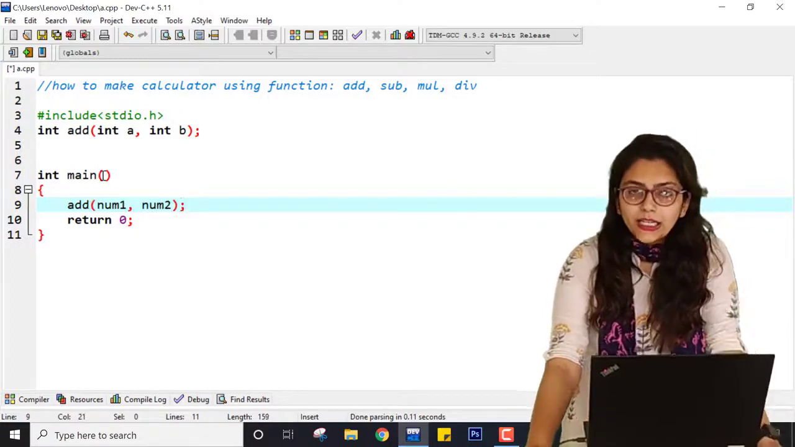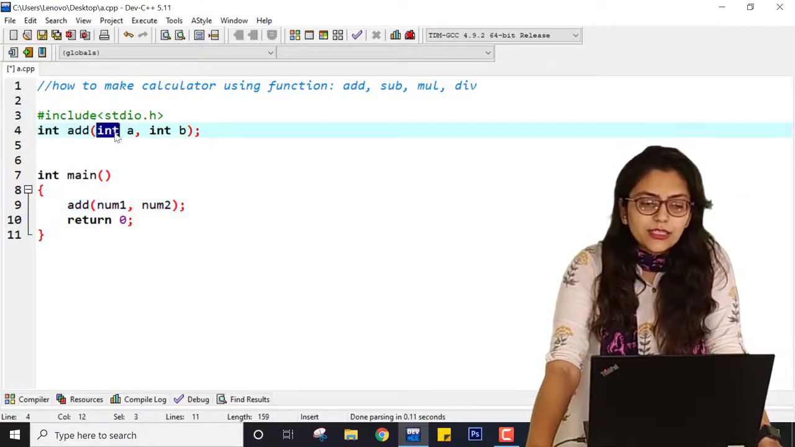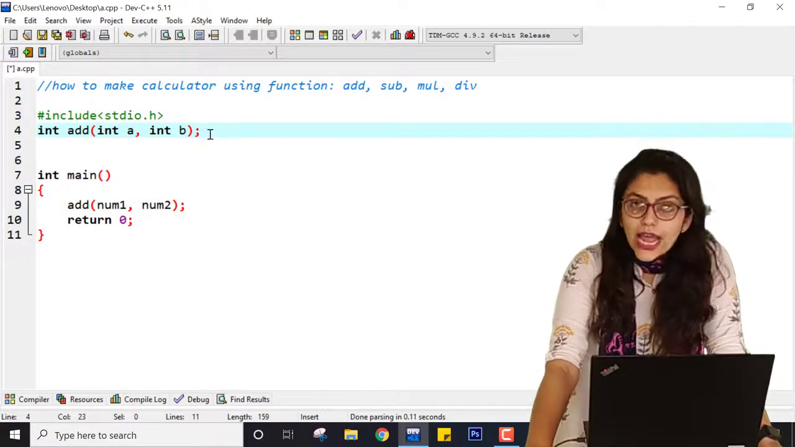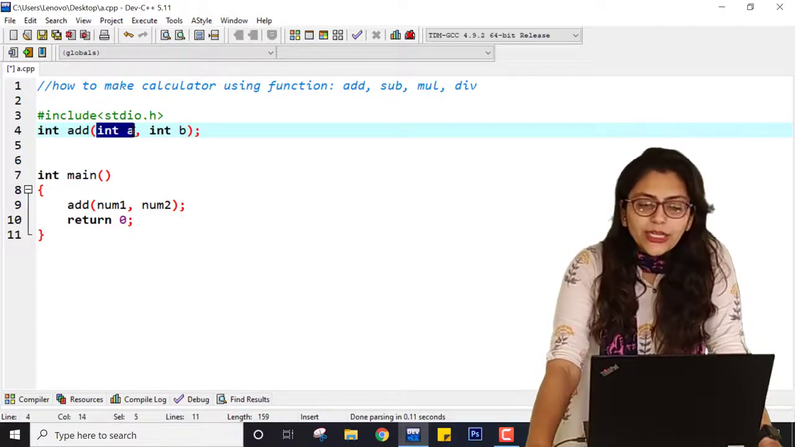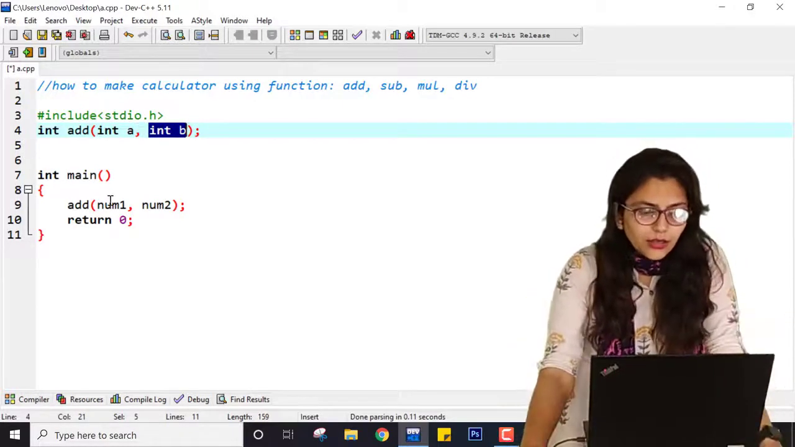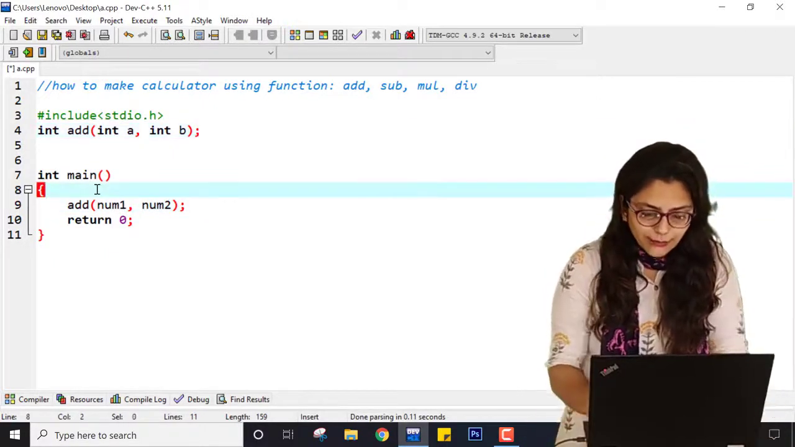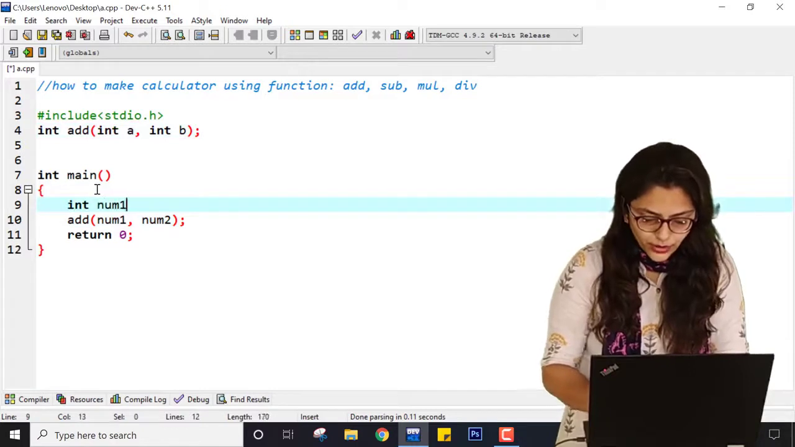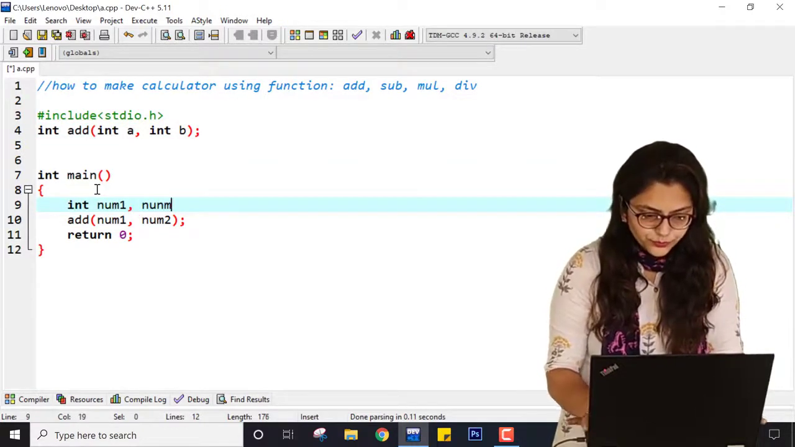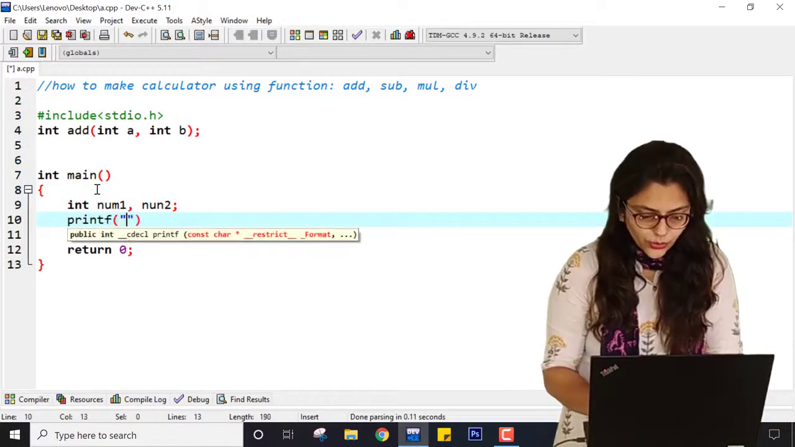What should be the data type of num1 and num2? They should be integer only, because in the function prototype of add I have written that it will accept only an integer number a and an integer number b. So a and b are variables, which is okay, but here num1 and num2 should have a similar data type. So here I am declaring int num1 and num2. Right. Now I am asking the user to enter these values. So, enter number 1